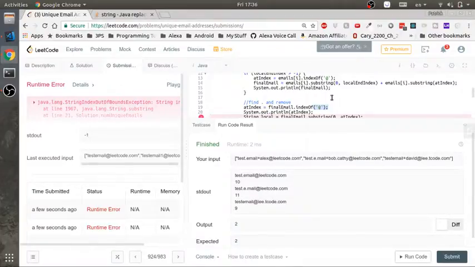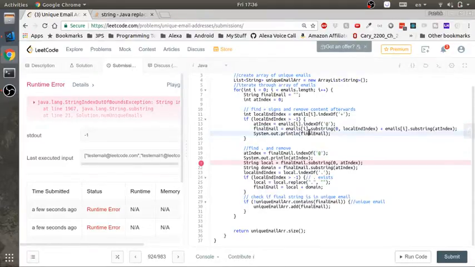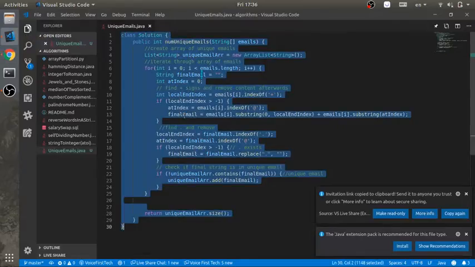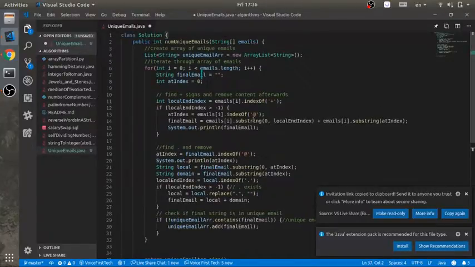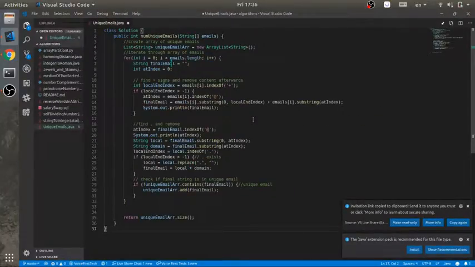Ideas? Are we using index of right? Maybe try outputting. Here we go. I don't know. It should work. I just don't see where we're